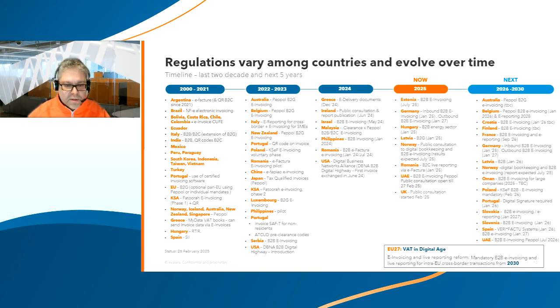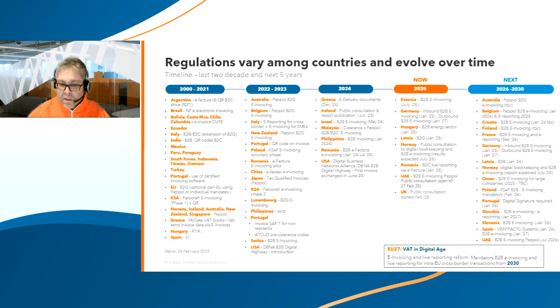Let's have a look a little bit at the timeline. This slide might be confusing for you, but it's not the intention to read it through. This timeline highlights the evolution of e-invoicing mandates over the last 2 decades and projects future developments over the next 5 years. We see early adoption in countries like Argentina and Brazil, followed by gradual implementation of digital invoicing systems across Europe and beyond. Moving forward, milestones from 2024 up to 2030 illustrate a clear shift towards a fully digital, real-time tax